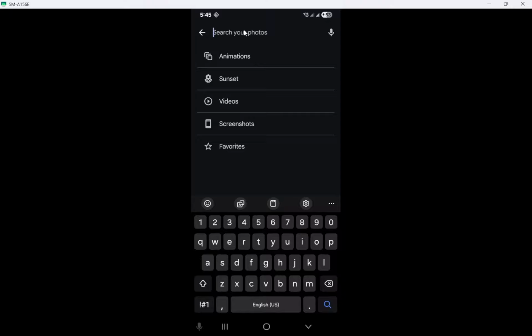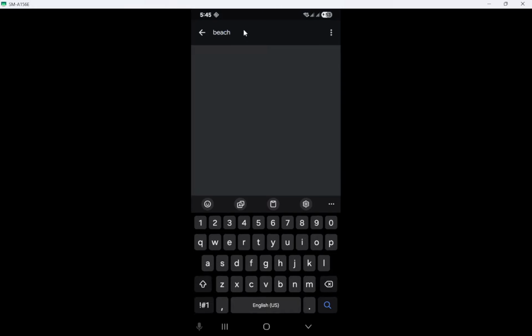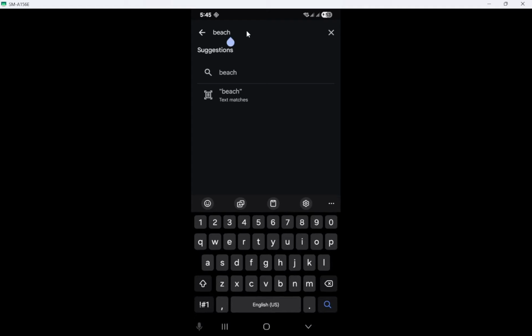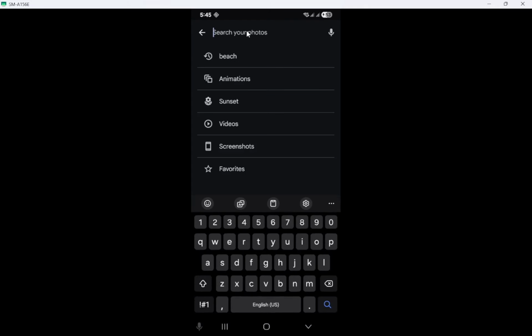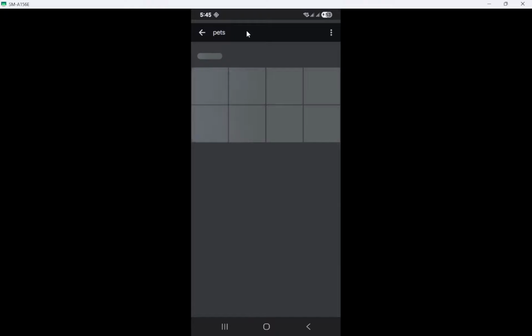Type in what you're looking for using natural language. This means you can search for terms like beach, birthday party, or even someone's name like John. You can also be more descriptive by searching for phrases like sunset in Davao or selfies. Google Photos scans your library to show matches. It's a very intuitive system designed to understand common phrases and terms. This step is crucial for narrowing down thousands of photos to just a handful.